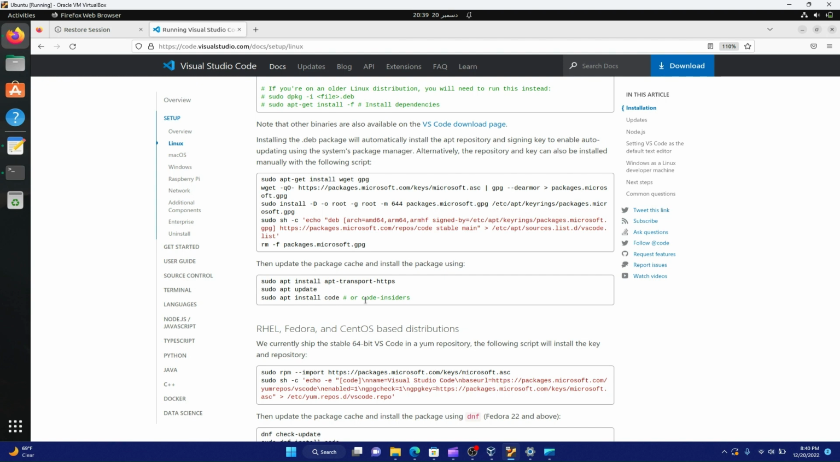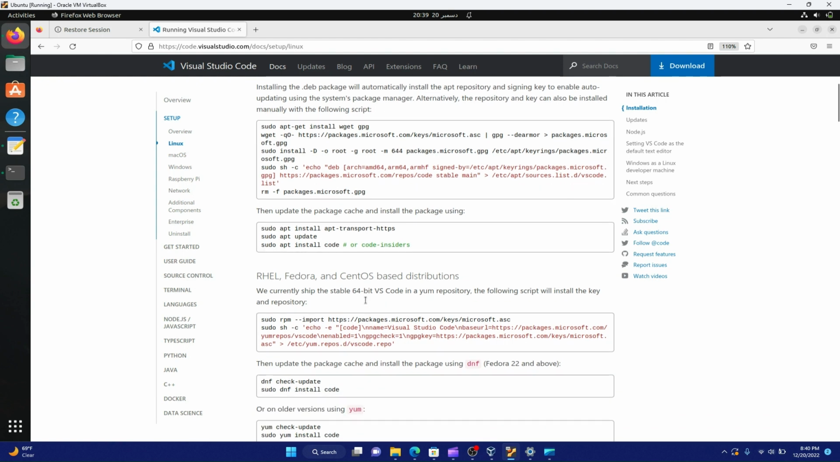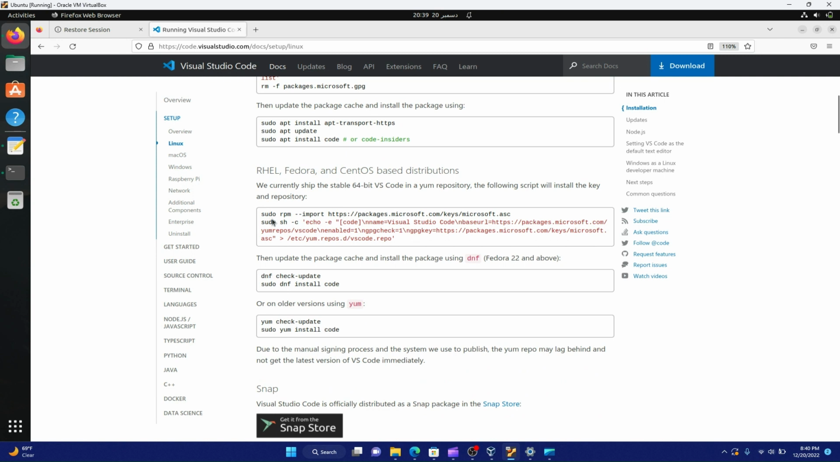So this command will install the VS Code editor for your Ubuntu or Debian Linux. If you are using a Red Hat Linux, Fedora or CentOS based distribution, you need to run these simple commands. It's just mentioned here. You need to run this, or if you are using the DNF package manager in Linux or yum, you just need to run these commands with root or sudo rights. So VS Code will also install in your Red Hat Enterprise Linux distribution, Fedora, CentOS, or any other Linux